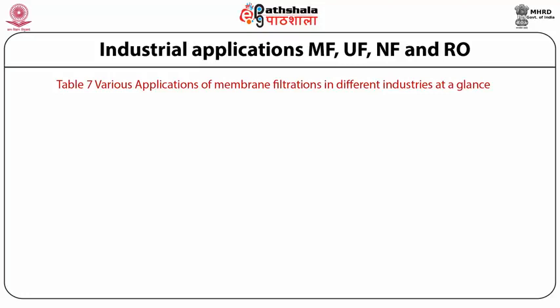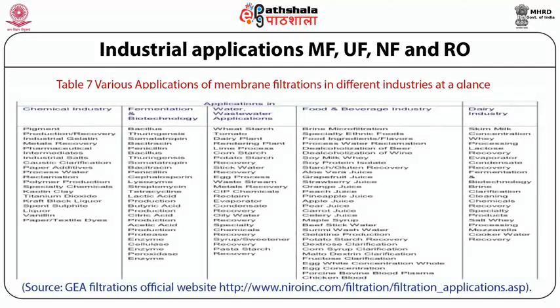Here we can see that membrane processes are used in a number of industries like the chemical industry, fermentation and biotechnology, wastewater applications, the food and beverage industry, and the dairy industry. In the chemical industry, it is used for pigments, industrial metals recovery, industrial salts, paper adhesives, liquor or vanillin. In fermentation and biotechnology, it is used for bacillus, lysozymes, lactic acid production, butyric acid production, citric acid production, acetic acid production, protease enzymes, cellulose enzymes, peroxidase enzymes, etc.